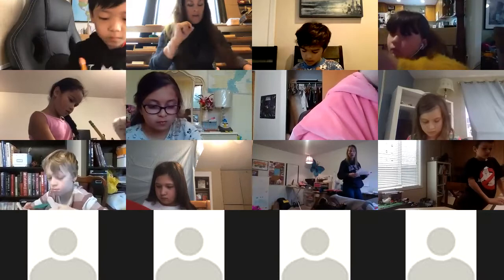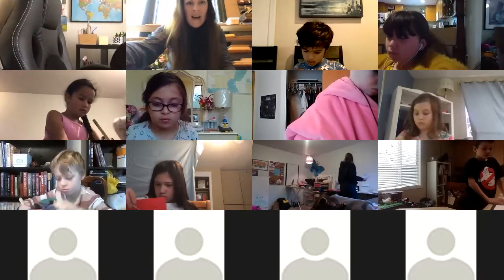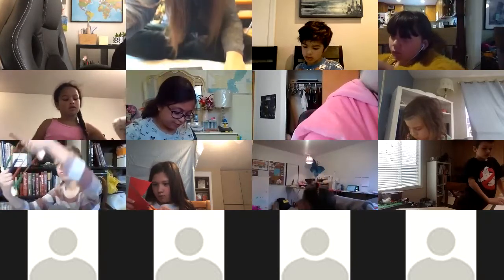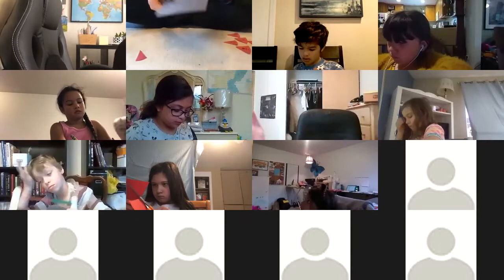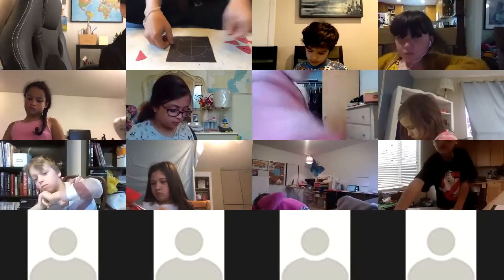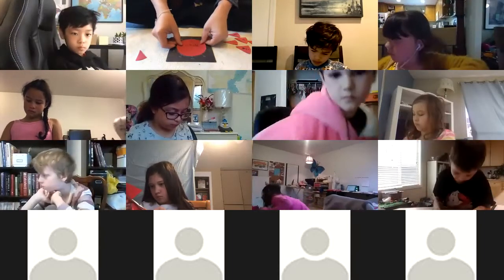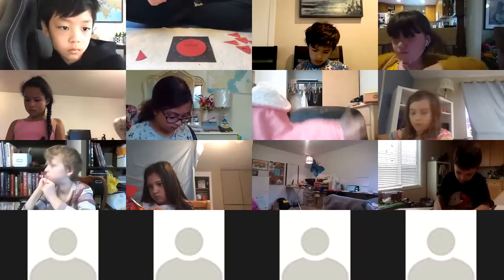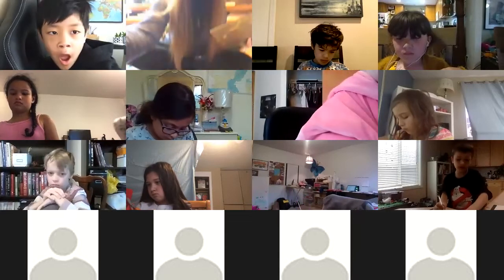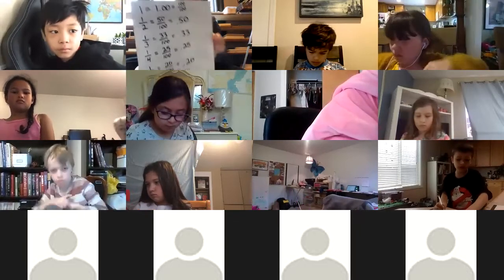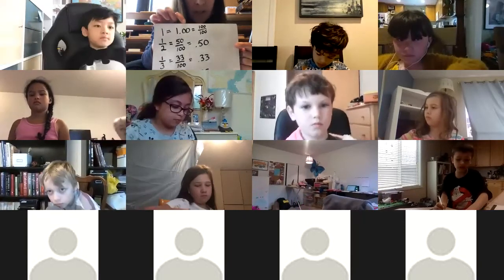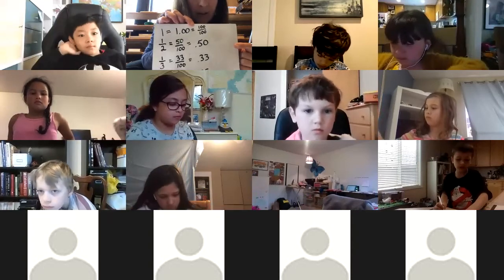All right, so here we go. I'm going to tilt my computer again so you can see. And here's my awesome centesimal frame. And I'm going to start out with 1 whole. I wrote all these down, but I want you to look at the top one. 1 whole is equivalent to 1.00, which is the same as